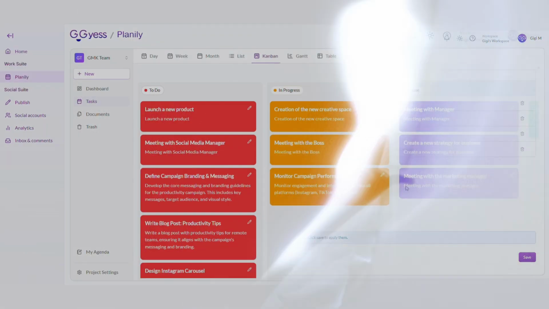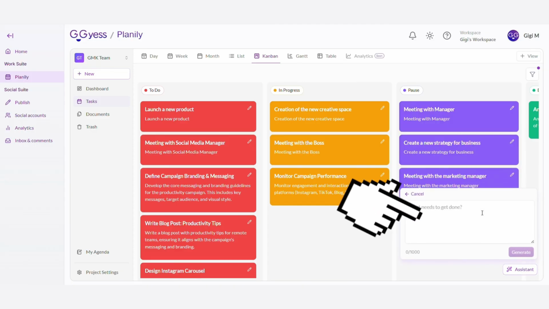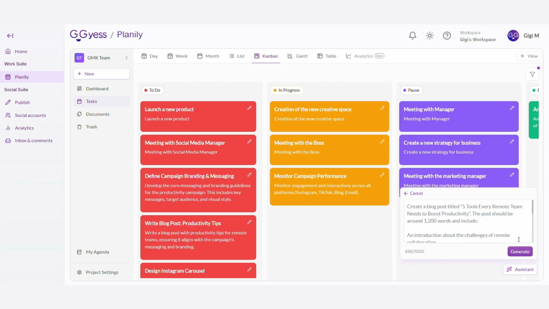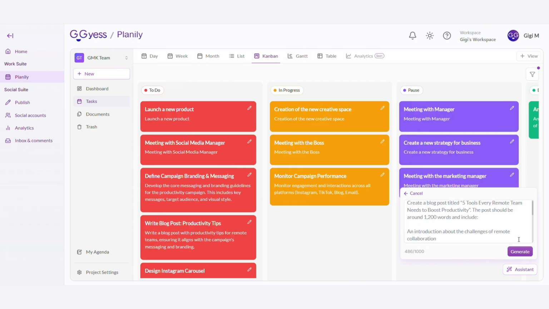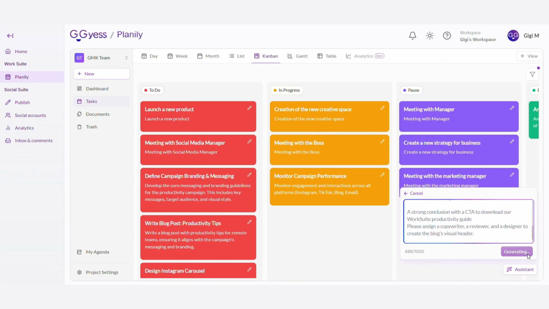Also, in this option, you can create a specific, more complete task with a title, detailed description, dates, assignees, and subtasks. This option is ideal when you already know what task you need and want to register it with all the necessary information. Example: design the Instagram carousel for the September campaign with details like a deadline, assigned person, priority,